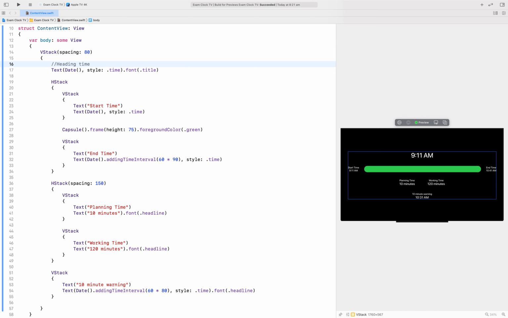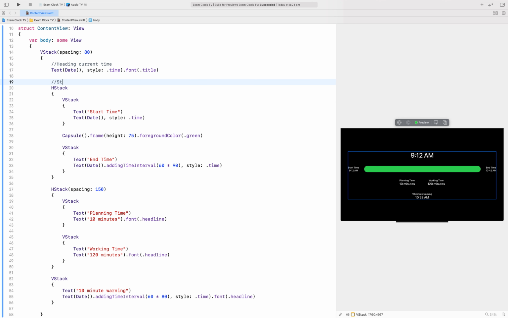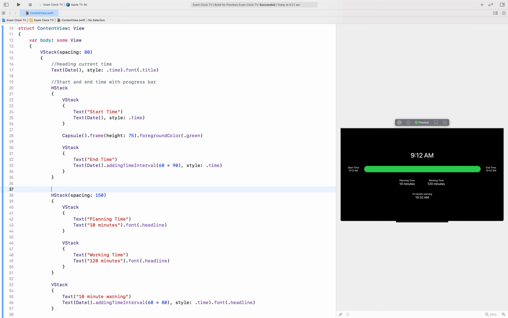heading time, or heading current time, start and end time with progress bar, and then we might just throw into here general information. That way we know what parts of the code we're working with and what they do and what their purpose is. So the first thing we need to do when we're adding functionality is to ensure that we have some